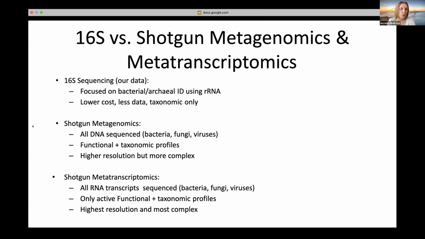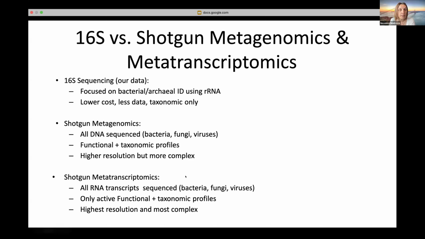Then there is shotgun metagenomics. So all of the DNA is sequenced, not just a small part, meaning we can analyze bacteria, fungi, and viruses. And so we can infer functions and taxonomic profiles, and it's higher resolution than 16S, but it's more complex. And recently, Viome joined our challenge, and we will talk about their data at the next webinar at the end of July,